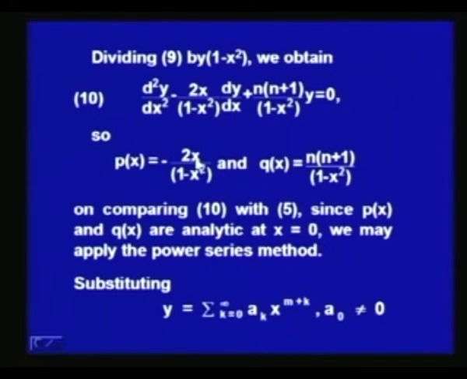Now, let us note that the functions Px and Qx are analytic at the point x equal to 0, because they are rational functions of x, and the denominator in the functions Px and Qx vanishes at x equal to plus minus 1. So, they are analytic at x equal to 0, and therefore, we can apply the power series method. Let us put y equal to sigma k equal to 0 to infinity a_k x to the power m plus k, where we assume that a naught is not equal to 0, in equation number 9,